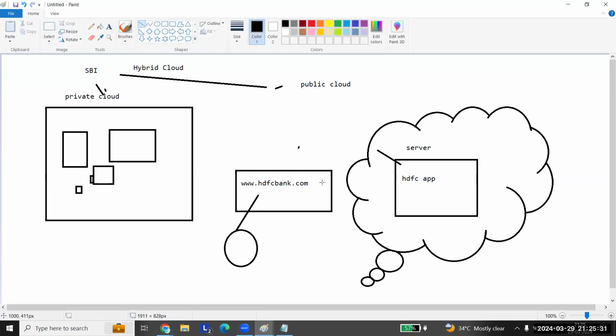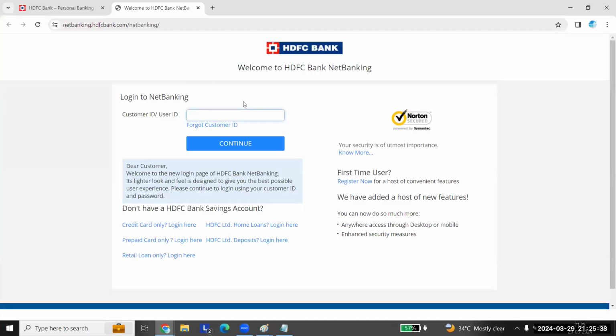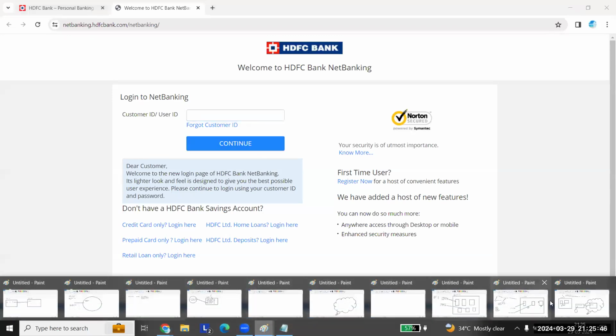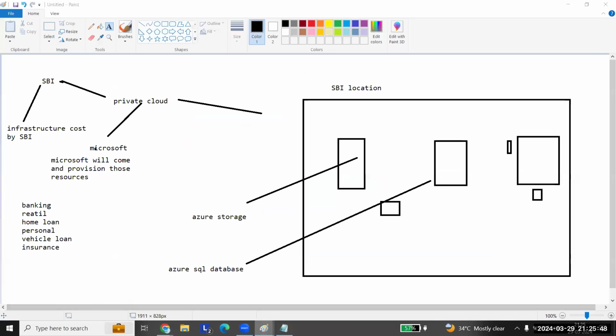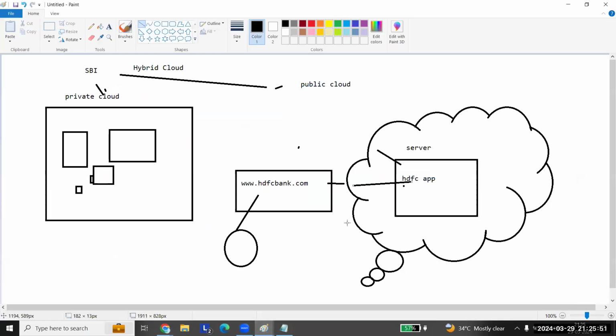It will connect to here, right? This is how the application comes here. Now you provide that username, password, whatever will be customer ID. So once you enter and click on submit, what happens? You submit username, password, so that request goes from here. It will go back to this private cloud.